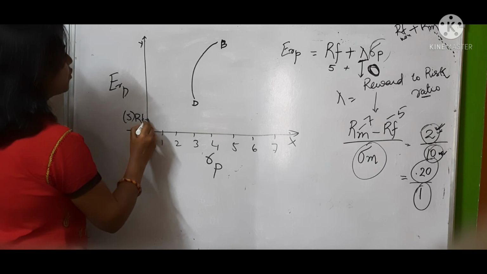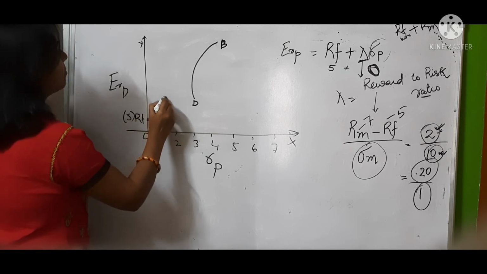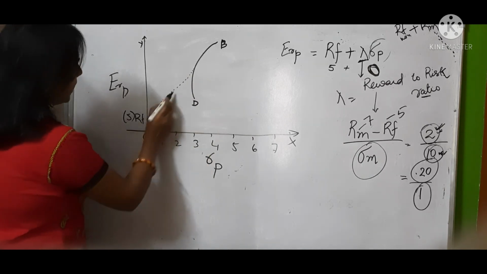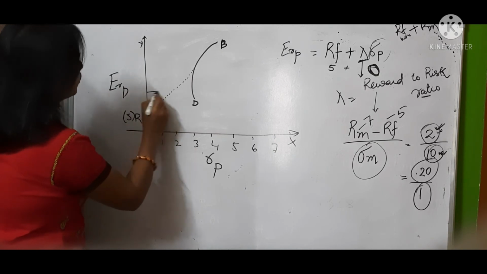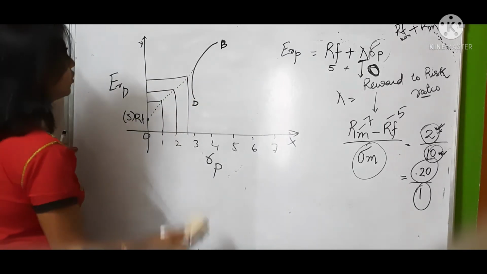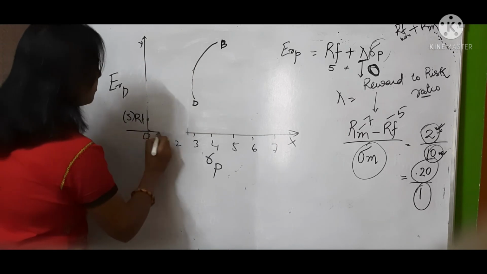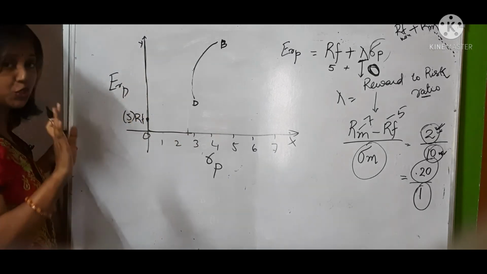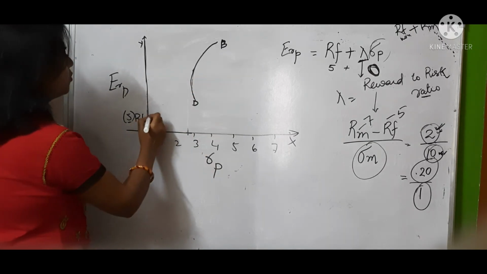So you can go for combinations like this, like this, like this, and you will move up like this. This line shows that as you take more and more risk, your returns are also increasing. And remember, you are always given a fixed rate of 5 rupees. 5 rupees return is assured. The minimum the risk free return gives you, you must get.